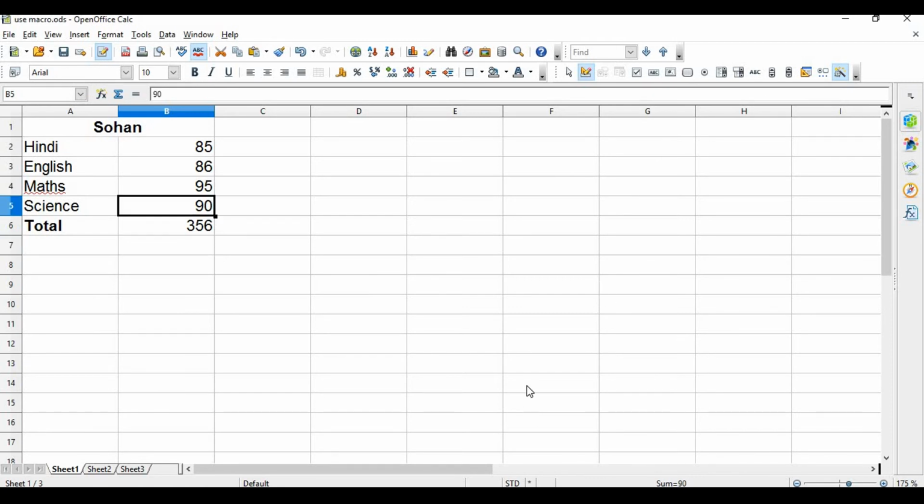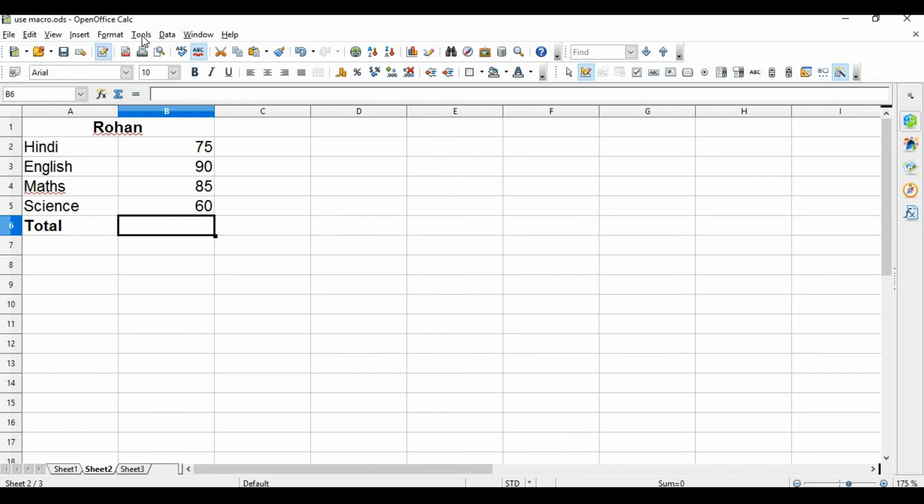Now you have to use this macro on other data. Like data of Rohan is given. Marks of Rohan in Hindi is 75, in English 90, in Maths 85, and Science is 60. With the help of the macro, I want to get its total.